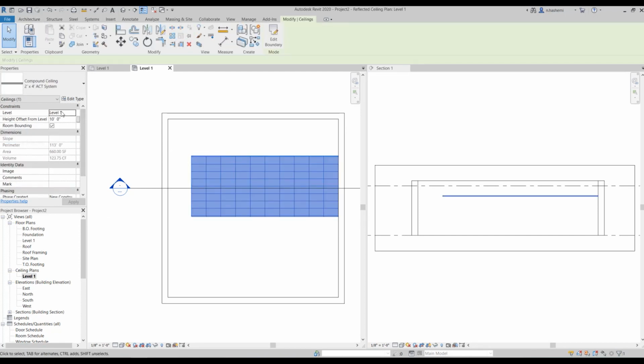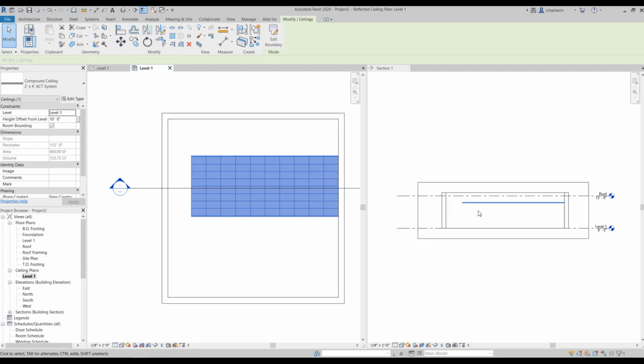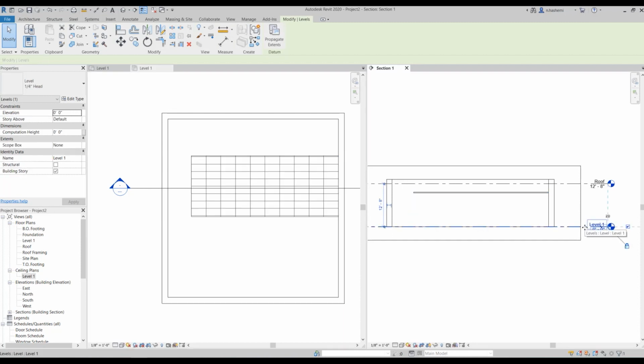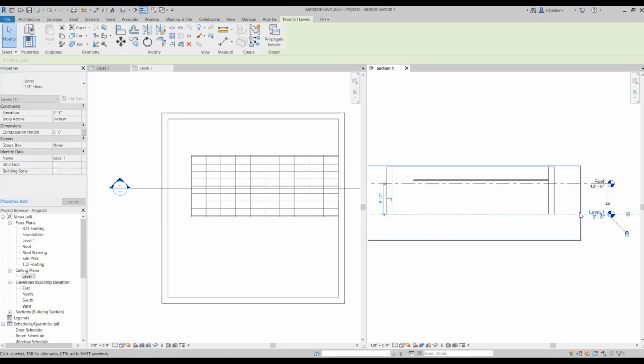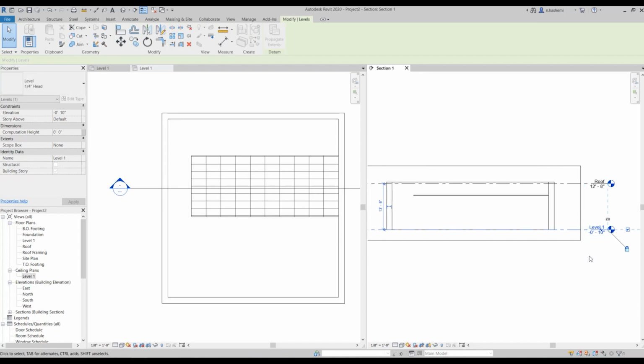If the level is set to Level 1, as it is right here, whatever value you enter in the Height Offset from Level would be the height of your ceiling from Level 1. Since it is an offset from this level, the ceiling is tied to it. So if you move Level 1, your ceiling will be moved with it.